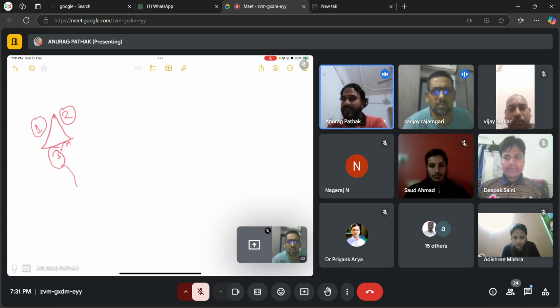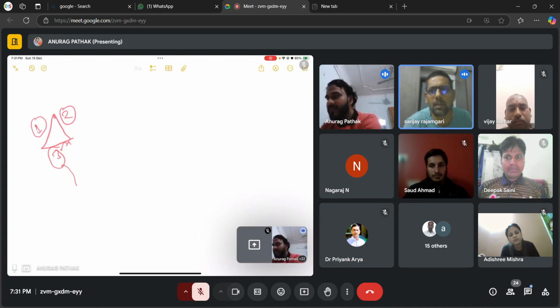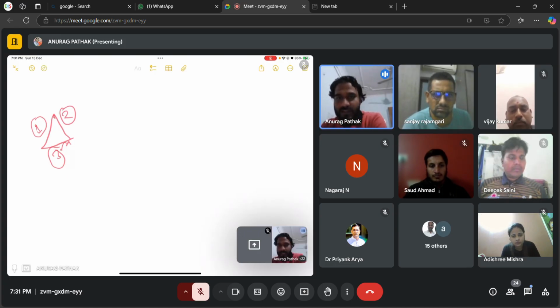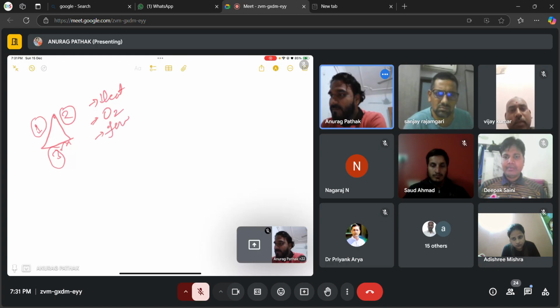ओके ठीक है। अब मैं कहता हूं, this is a primary step in case of any such type of fire. जब आग लगती है, तो हमारे पास ऑप्शंस क्या क्या हैं? Either we have to remove the heat, second is oxygen, and third is fuel. एग्रीड। अब हम इन 3 में से किसी भी एक चीज को एलिमिनेट करते हैं तो फायर बंद हो जाएगी।